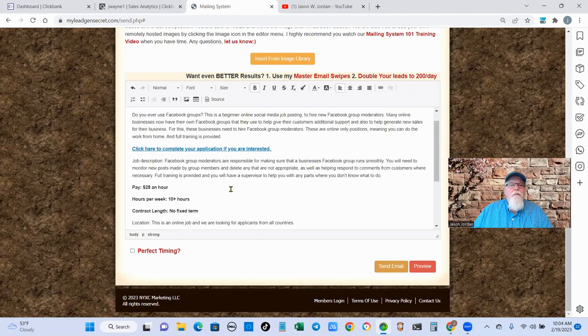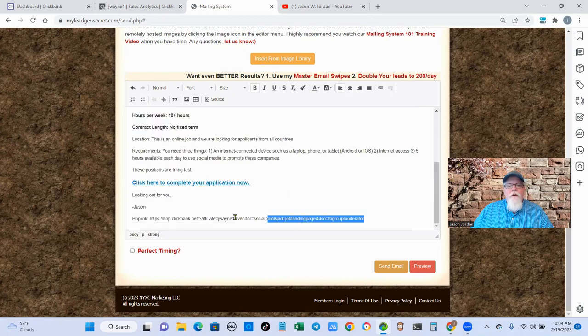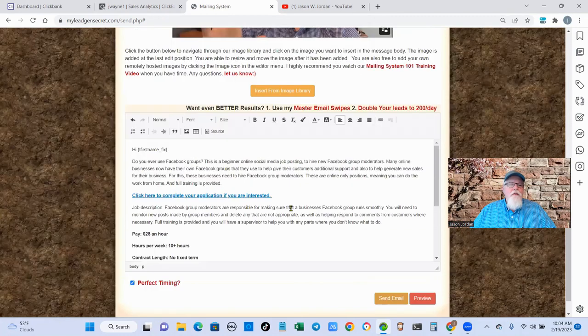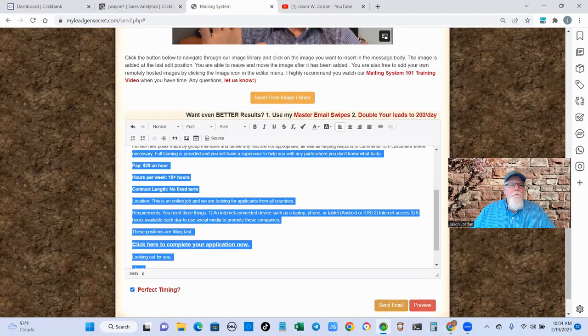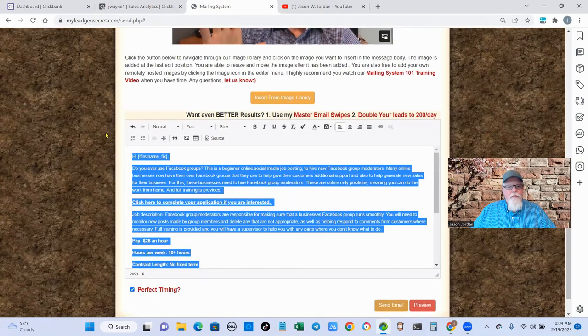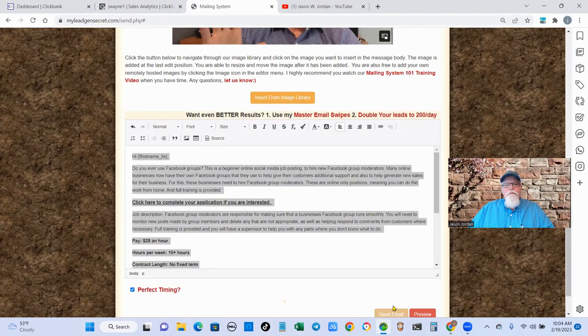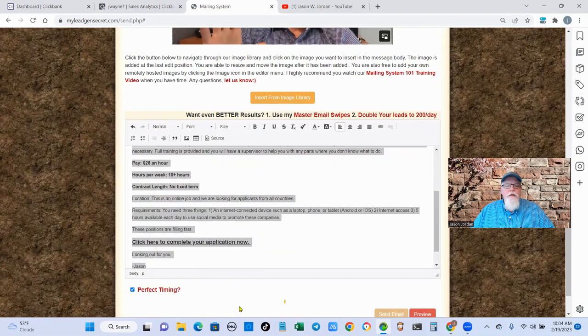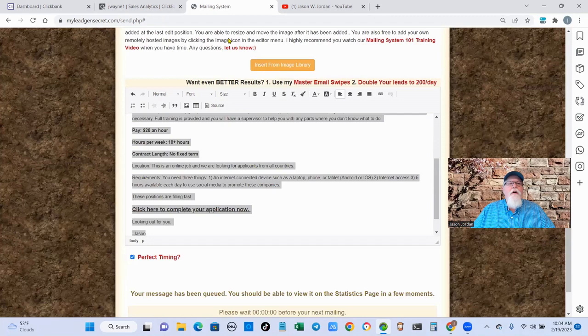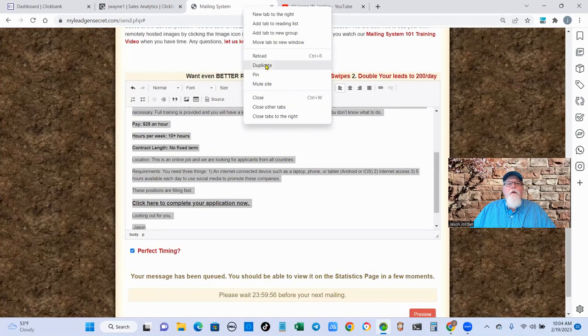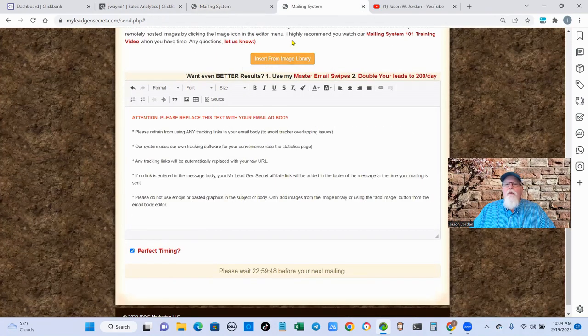My name. Yep, that'll work. So we're going to get rid of this because we don't need it anymore. We're going to hit perfect timing. This looks fine to me for a copy and paste. So we're going to Control C and send. Now we'll wait till we see that it's gone here. Okay, so that's gone. So we're going to duplicate, and we're going to go,